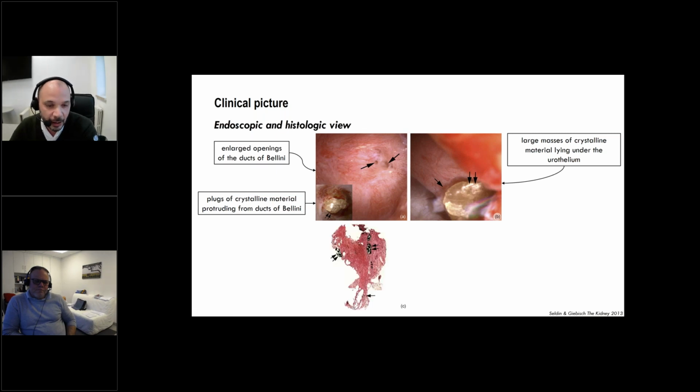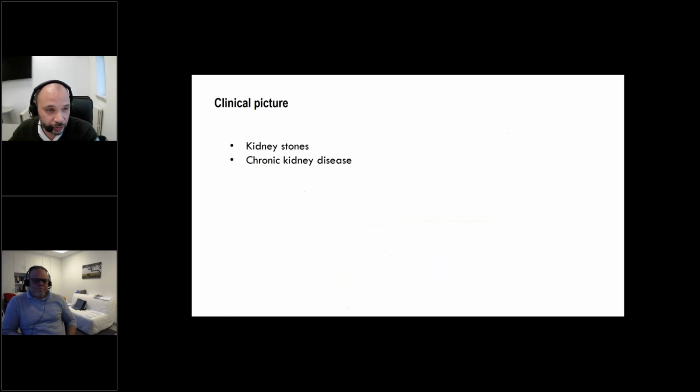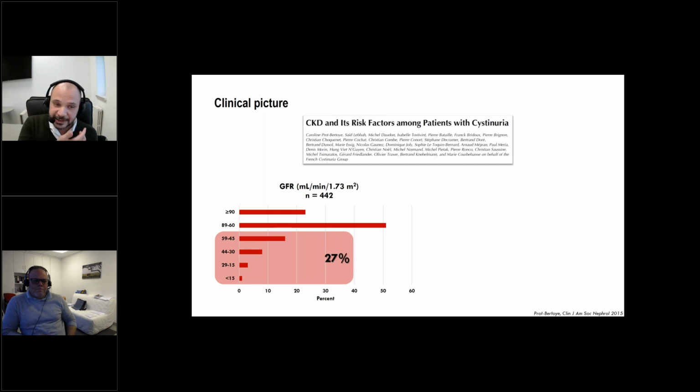Even more interesting is the histological finding, showing a very significant degree of involvement of the renal parenchyma, in particular with the presence of frequent intraluminal plugging in the inner medullary collecting ducts, as you can see with respect to the double arrows, and also occasionally in the thin limbs of the loops of Henle. So it is unsurprising, when we notice this histology, that patients with cystinuria also tend to have a certain degree of reduced kidney function. And this has been assessed in a